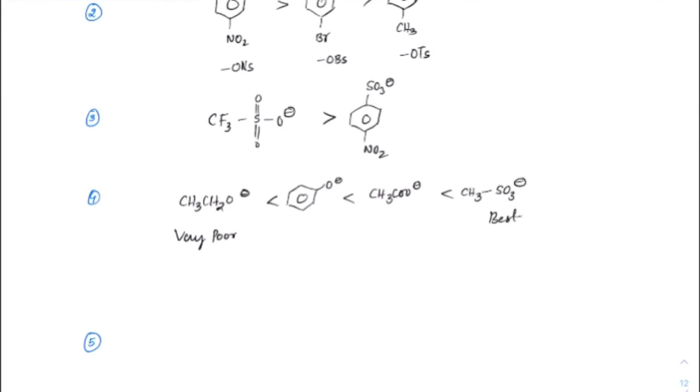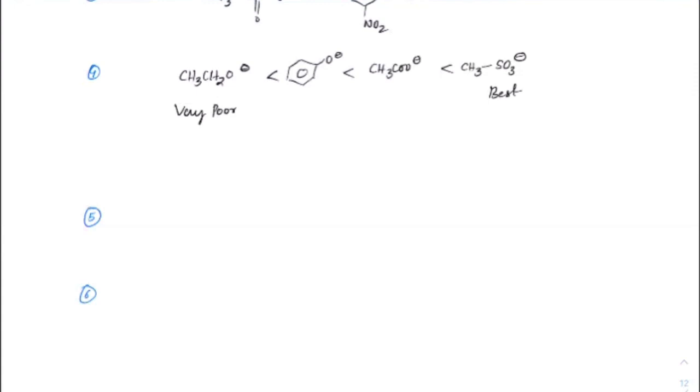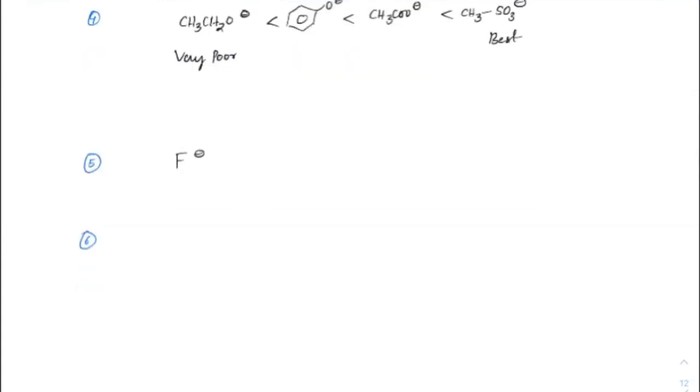So these are all the weak conjugate bases, and as long as we have weak conjugate bases, they are going to be good leaving groups. Finally, if you see F minus, Cl minus, Br minus, and I minus here, now you can see I minus will be a better leaving group as well as a good nucleophile, at least in polar protic solvent. If you recall, in polar protic solvent, I minus was a better nucleophile, and here it is also a good leaving group. The reason is the size increases down the group, so definitely the bond strength decreases.